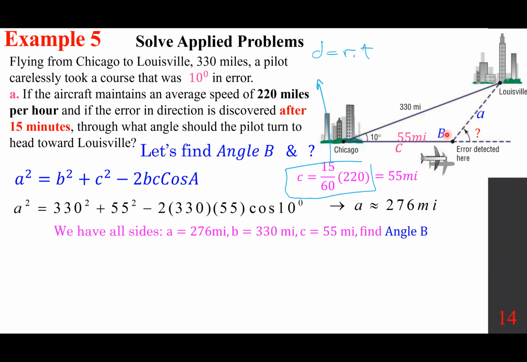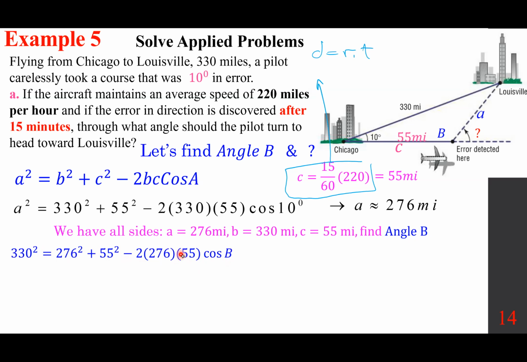Since we want angle B, the opposite side, 330 squared, is equal to one side, 55 squared, plus another side, 276 squared, minus 2 times the product of the two, and cosine of the included angle B. So 330 squared, the opposite B, angle B. Now pick one of those two sides and square it, and then the next one, and then multiply them times -2 cosine B. Again, you can find cosine B from here, and then you can find B by